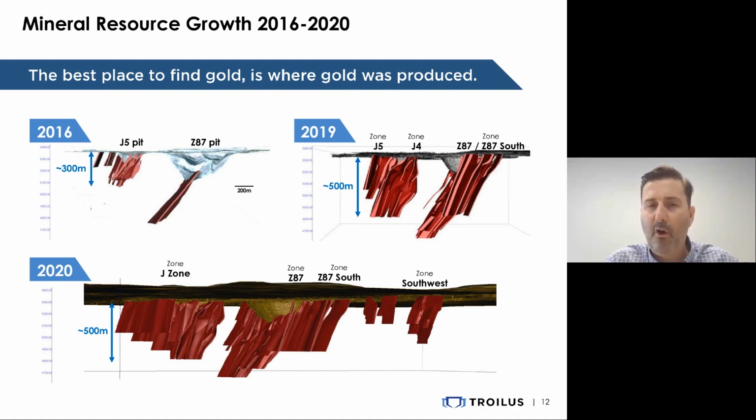We knew, however, from our DD and all the work that we did, that this deposit had been incredibly poorly drilled. And so over 2 years, we drilled 100,000 meters. That's kind of where we are today. And we've now defined 6.5 kilometers of mineralization, down to at least 500 meters in open pits and below an